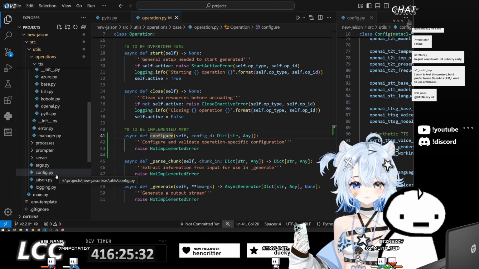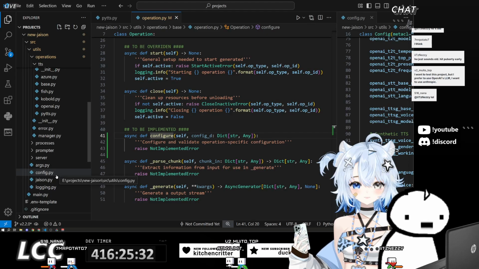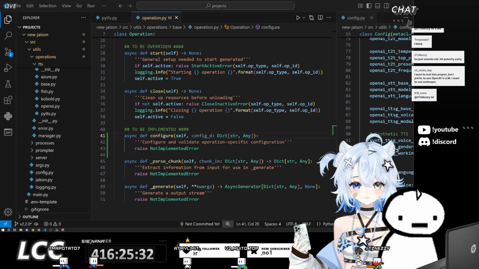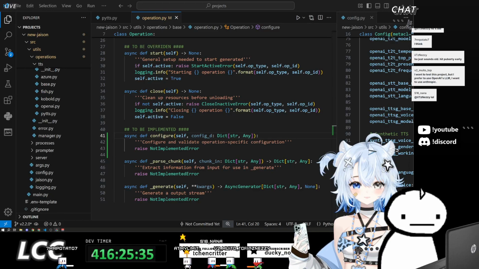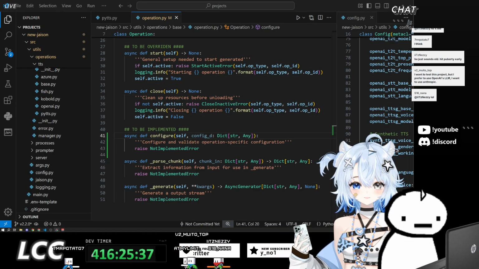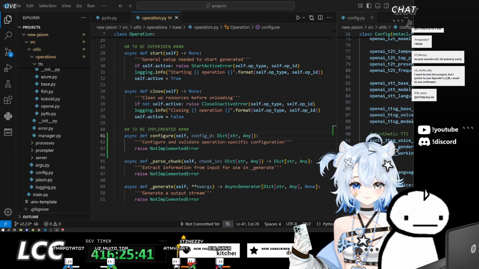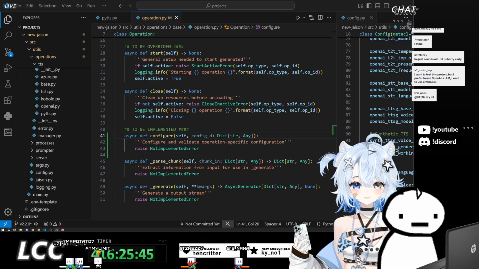I want to use this project, but I prefer to use OpenAI's LLM. I want to use Anthropic. Well, to be honest, I don't know what Anthropic's API even looks like. All right, I need to start the timer, I forgot. I don't know what Anthropic's API looks like, but it's probably very different from OpenAI's, right? If not, then it should still be usable with the OpenAI library, but that's something you would have to check out.